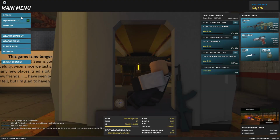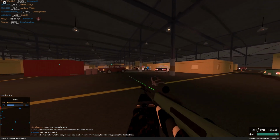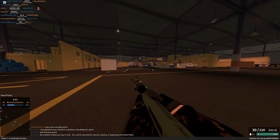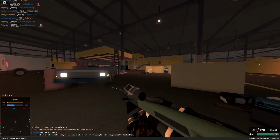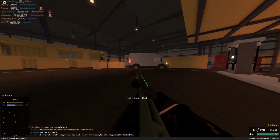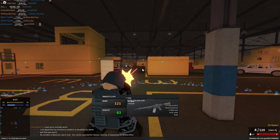Moving on to a slightly more graphically demanding game on Roblox, although still not the most graphically demanding game, we're on Phantom Forces. I do have to note that the video that you are watching on screen right now was not recorded on the HP PC, it was recorded on my own personal computer, and that is because while recording I was unable to record anything. It was about 2 or 3 FPS, it was not usable footage,